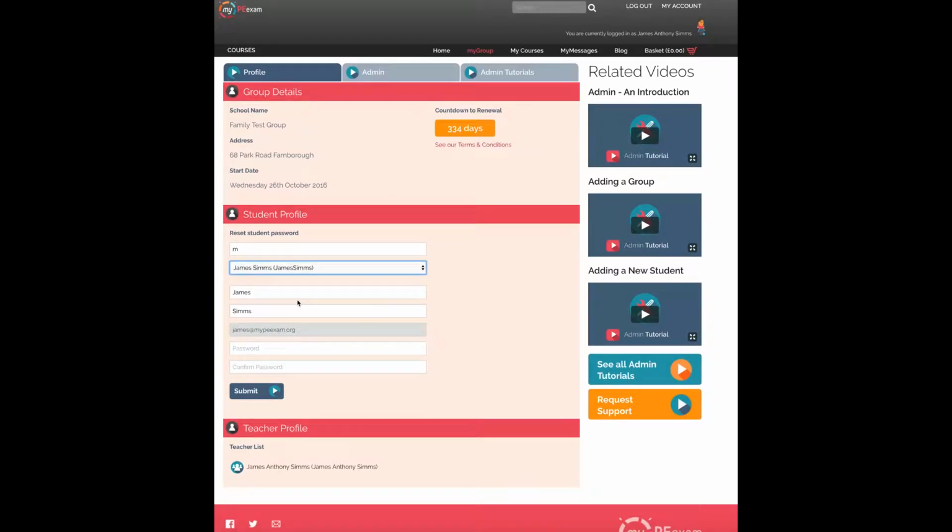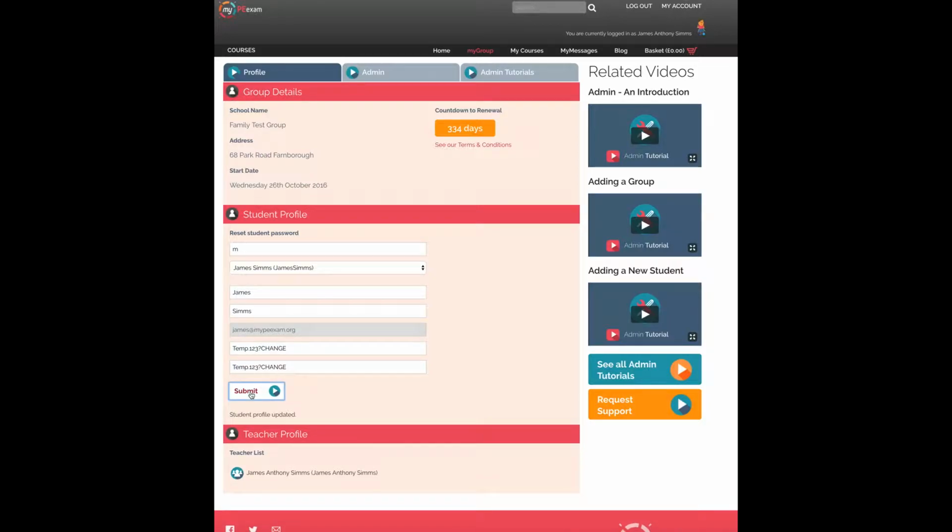So if a student claims that they've lost a password, for example, James can input a password here, and he can not only tell the student, in this case the other James, but he can also actually email this. So this is automatically emailed to the student themselves. Okay, so we can put that in there, and that is now going to be sent to James as his password reset, student profile updated look. So that now goes to the student.